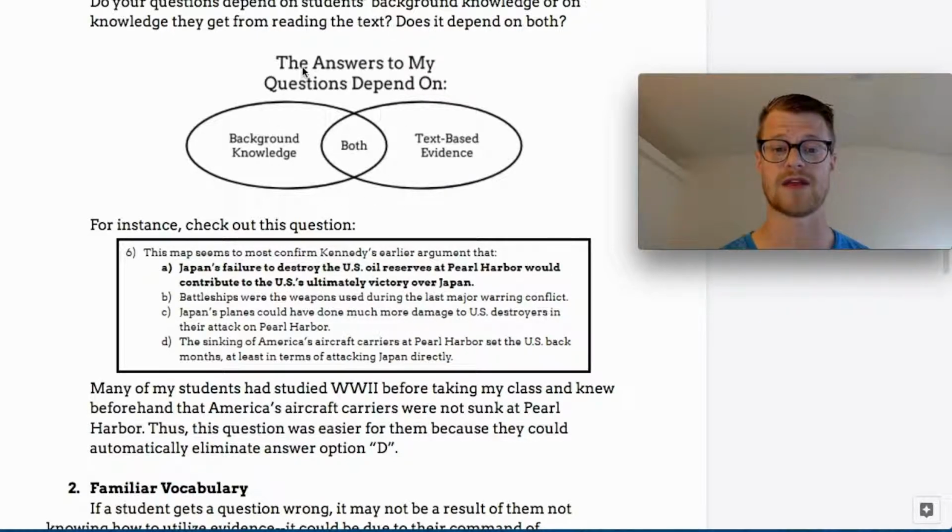And so for some of them, the answer to this question is going to depend more on background knowledge, because they might know lots about the attack on Pearl Harbor. And for other students, they're really relying upon the text-based evidence. One of my favorite examples that I saw when I was researching this book was the author in this passage asking a question about